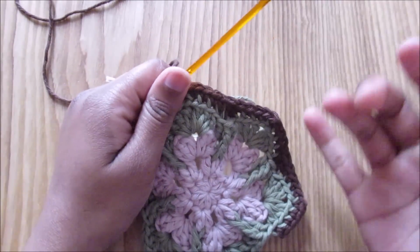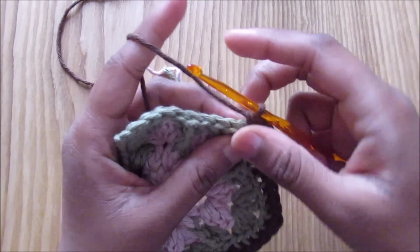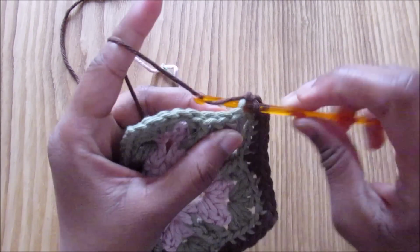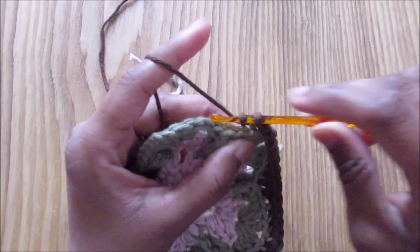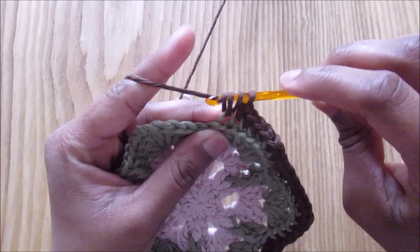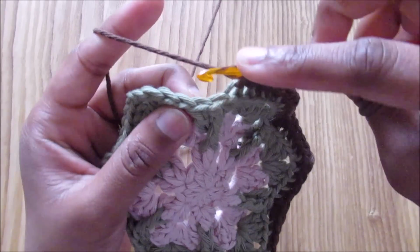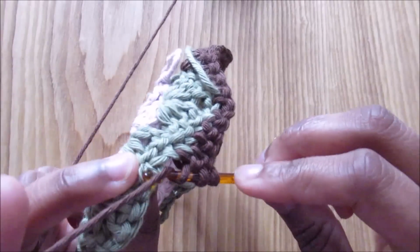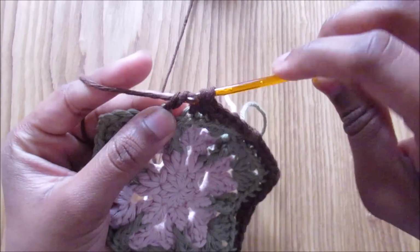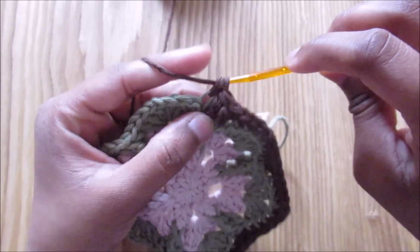So I've already done 2 sides. You can see you need to repeat 1, 2, 3, 4 times, and I'm moving on. I'm gonna do it together and then leaving. So 1, 2, and 3, and then yarn over, going into the next, do half of it, keep the 2 loops, yarn over, skipping the middle one, going into the next one, and do half. I've got 3 loops, go through all 3, and then continue 3 single crochet,